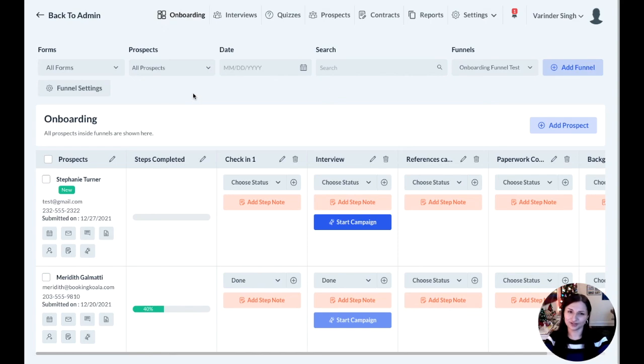All in all, the new hiring module has a lot of great tools in different sections to help whether you're building funnels, scheduling interviews, building forms, quizzes, and contracts, or just trying to keep all of your prospects and leads organized in one place. We've added a lot of different articles to our Help Center with more information about each